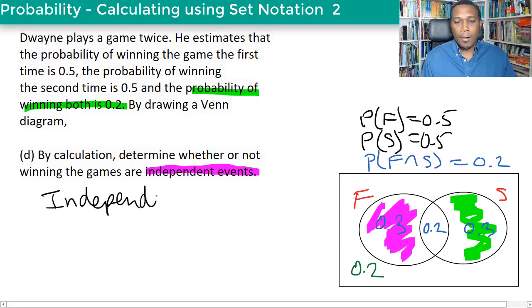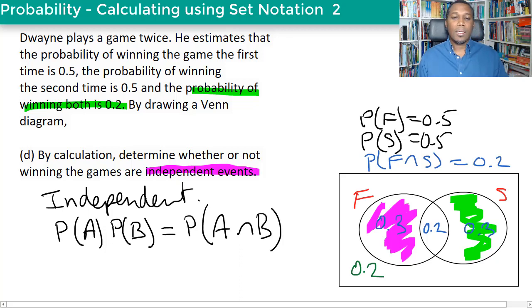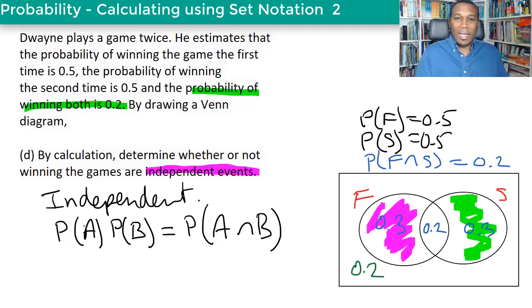The probability of A multiplied by the probability of B is equal to the probability of A intersection B. That's the test for independence. If events are independent, in other words, what happens the first time doesn't affect what happens the second time, in this context, winning the game the first time doesn't affect what's going to happen the second time,